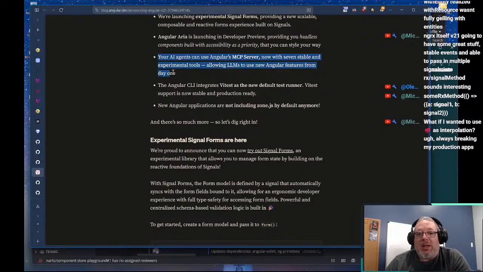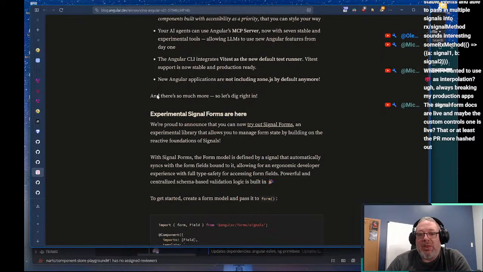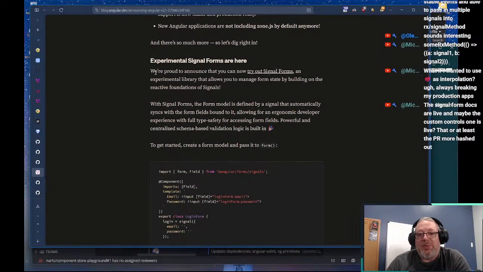I would like to do a stream where we just spin up a bunch of MCP agents and see what Angular can build for us. I think that one might be fun. New Angular applications are not including Zone.js by default anymore. That's cool. Experimental signal forms are here.